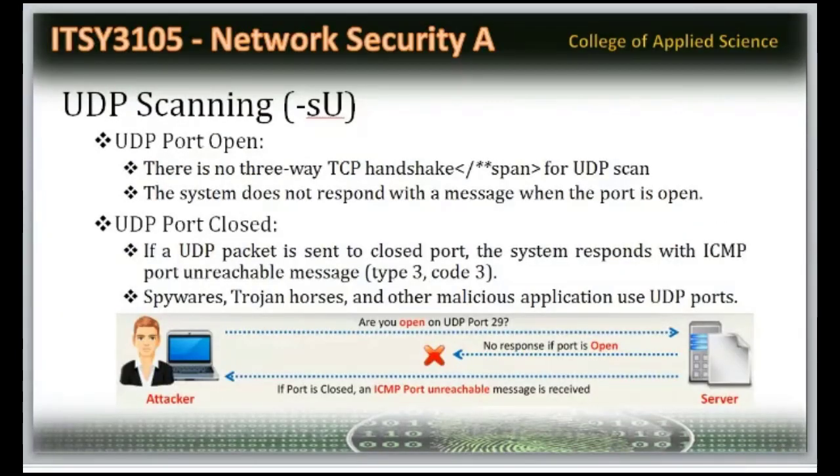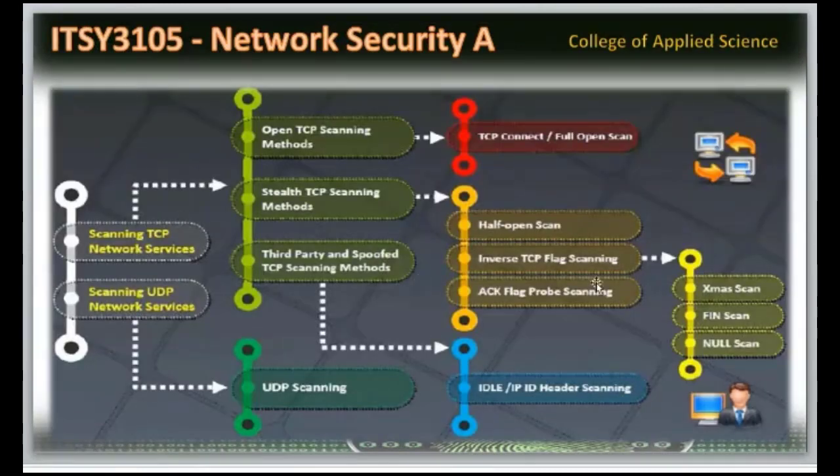You can see here, these are all the different methods. I'll show it to you. The first method is the ordinary TCP connect method. The next method is called the half open method. The next method, we use the acknowledgement, then the inverse methods, where you use null, fin, all these things. And finally, we use the idle scan, the IP header scanning. So these are all the different types of scanning methods available using TCP.